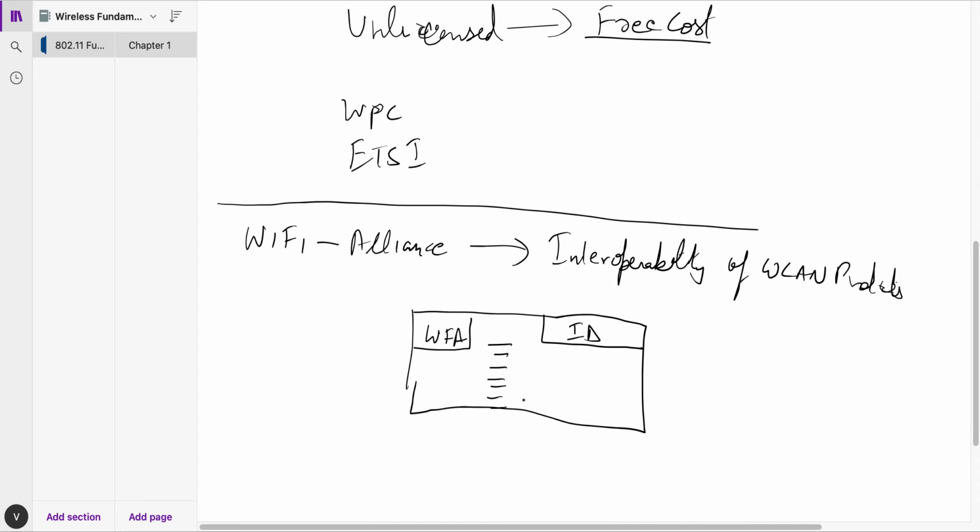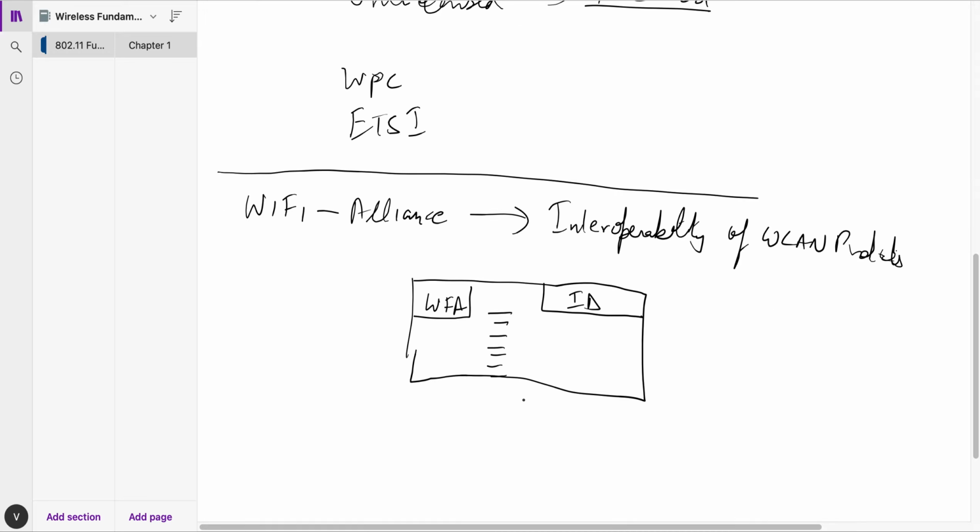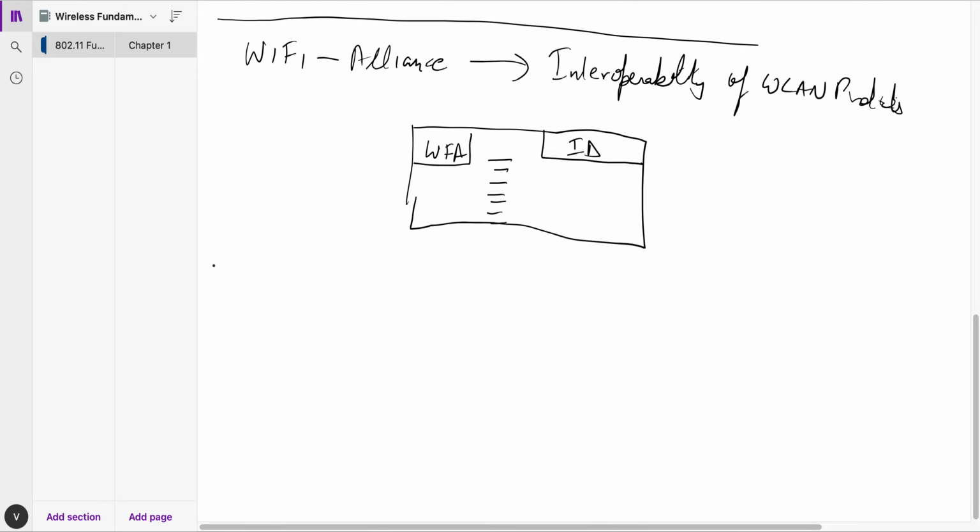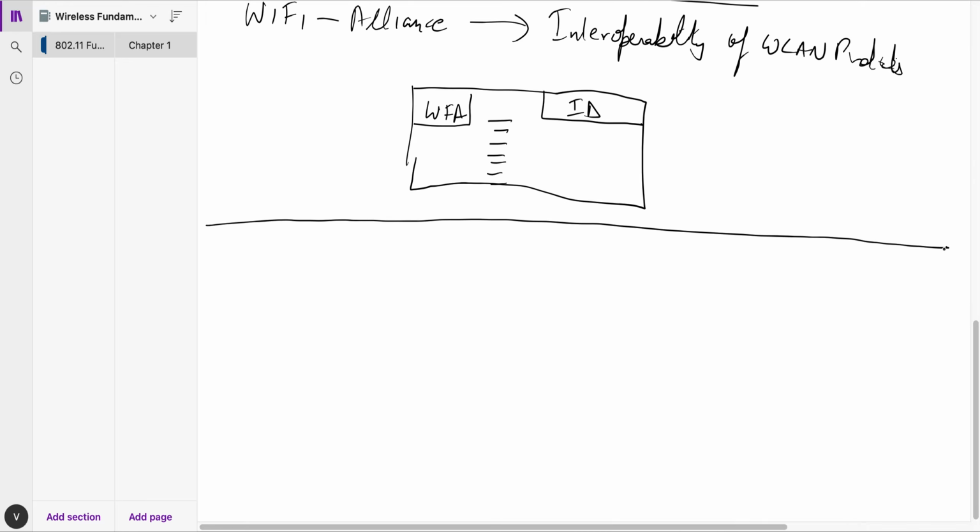Okay, and the thing is that if you launch a product, you probably have to apply once the product is launched, and then it takes some time for the certificate to come to you, right? Because of course there are a lot of vendors out there in the market applying at the same time. So you get in the queue and then you wait for your turn to get the certificate, right? So the Wi-Fi LAN certificate does that for you, and it's of course quite critical for you to obtain that, because a lot of customers in the market look for that certificate for your product. So if you want to get a customer base or you want to sell your products, you've got to make sure you have this Wi-Fi LAN certificate.